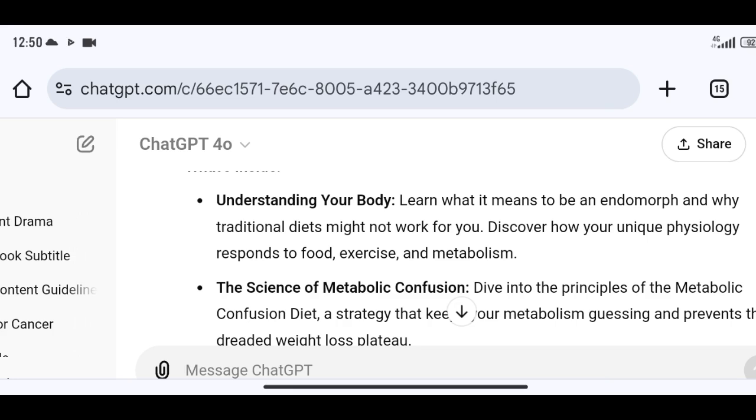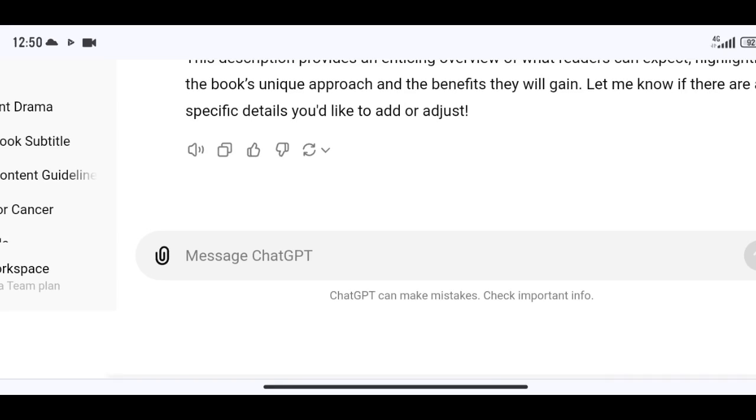Those are two different niches. So you only leave this slide for the metabolic confusion diet. If you want to talk about another book, you have to open another slide for another book. So that is how it works.